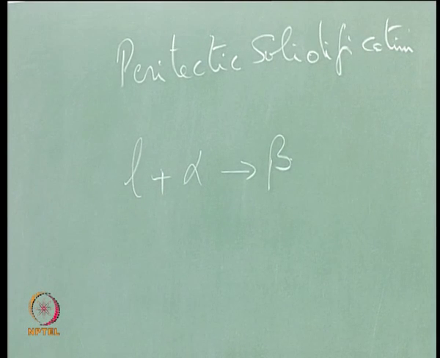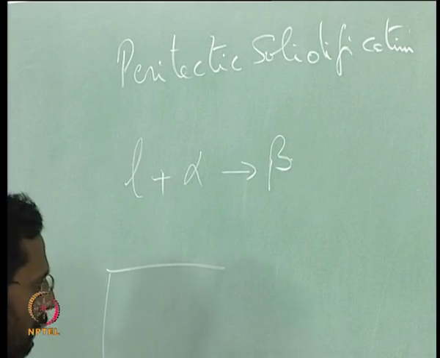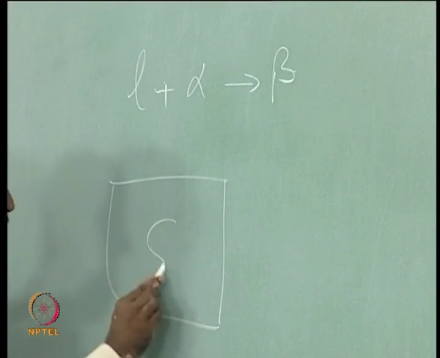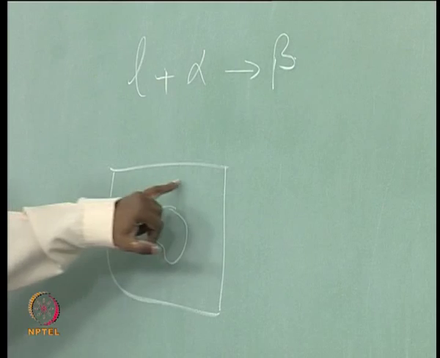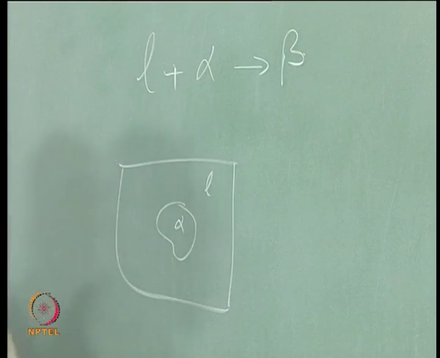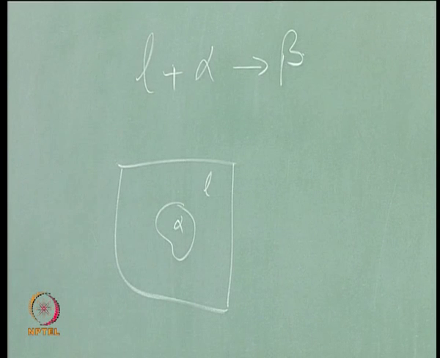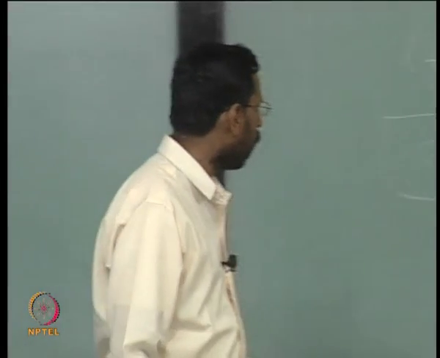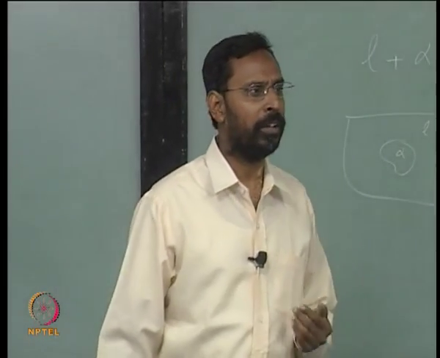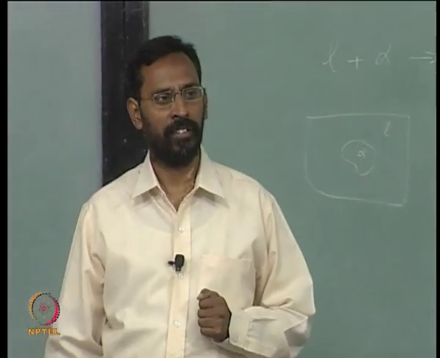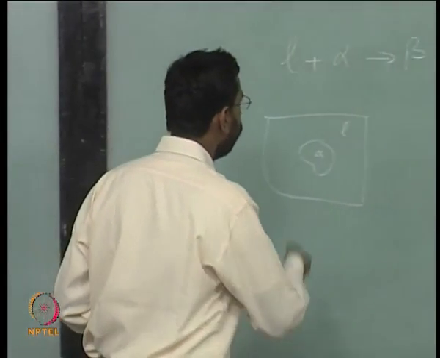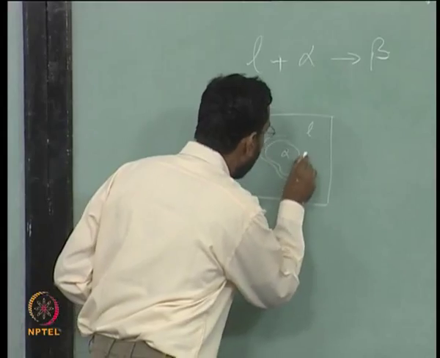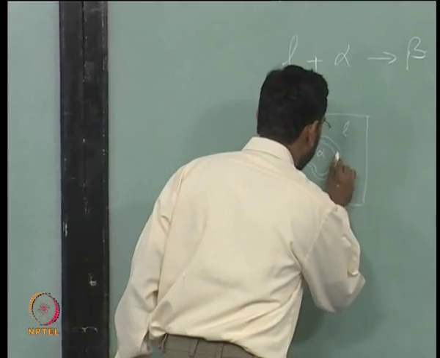And if you look at this peritectic reaction, imagine that there is a liquid inside which there is an alpha, and this liquid is reacting with this alpha and beta is coming out. Where should this beta come out? Where will it nucleate? When beta comes out of the reaction between liquid and alpha, where should this beta come? It should be at the interface, isn't it? So, in principle you will have the beta forming at the interface as a thin layer. This is beta.